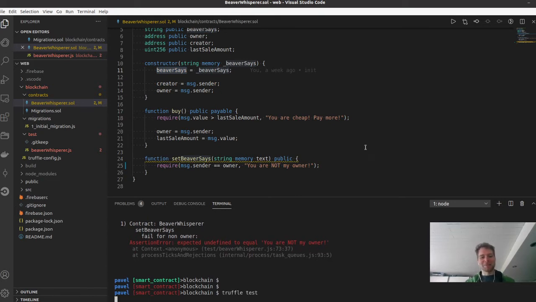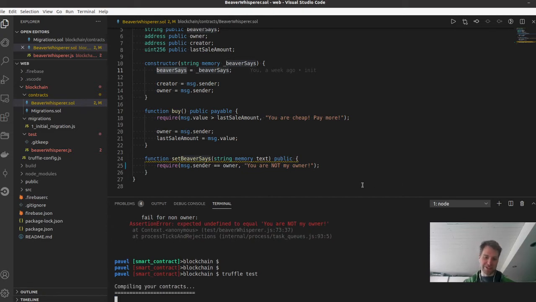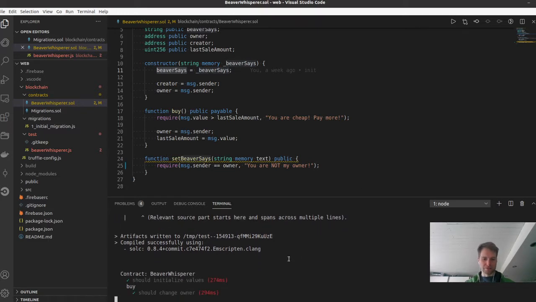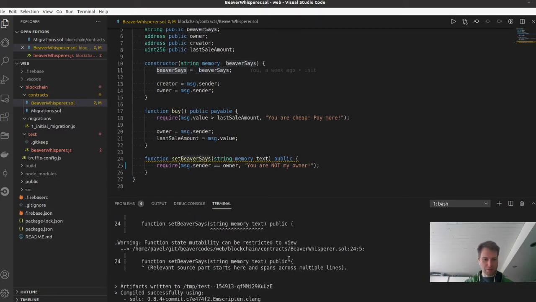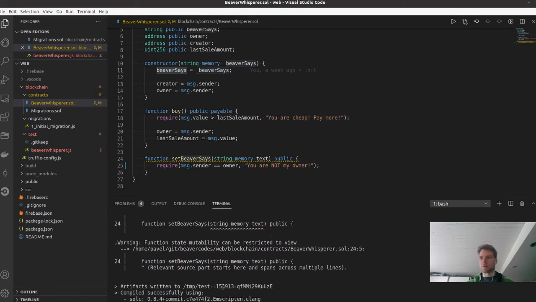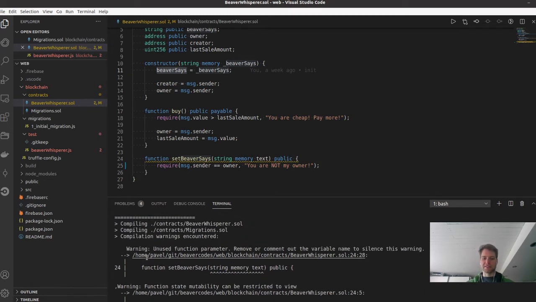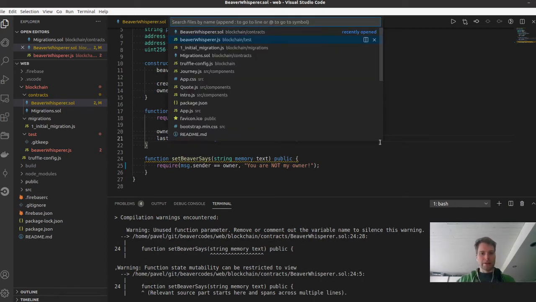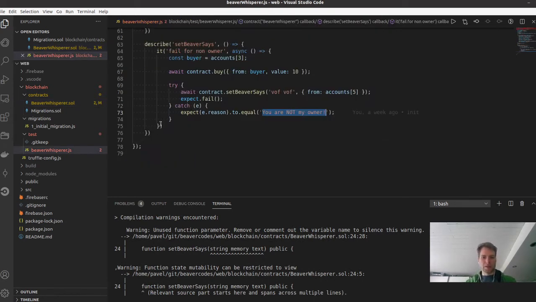So now when we implemented this require part here, hopefully the test should pass. It did not. Or what? Oh yeah, it did. What was this? Oh yeah, so it's because it's also compiling the source code every time we run the test, and it gives us the same warning here. That's fine. I already talked about that. So let's go back here, and we can add another test case,